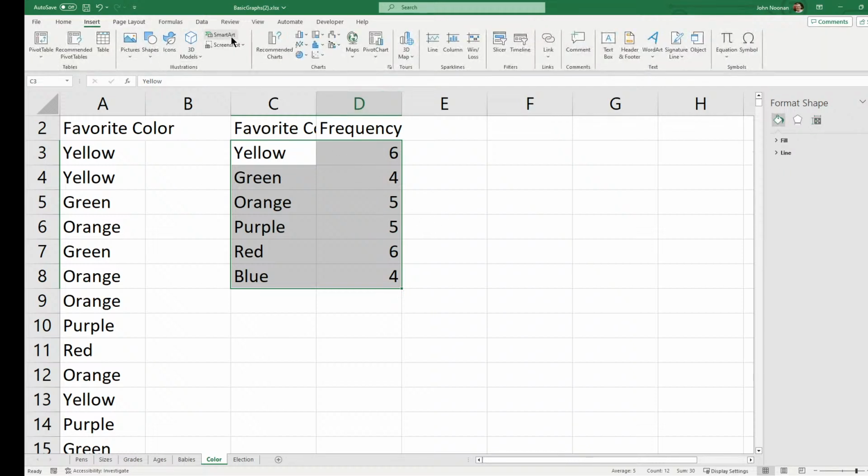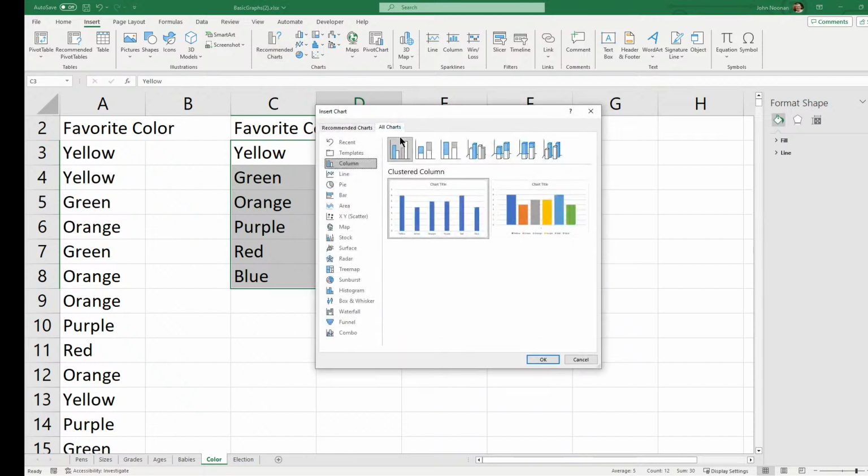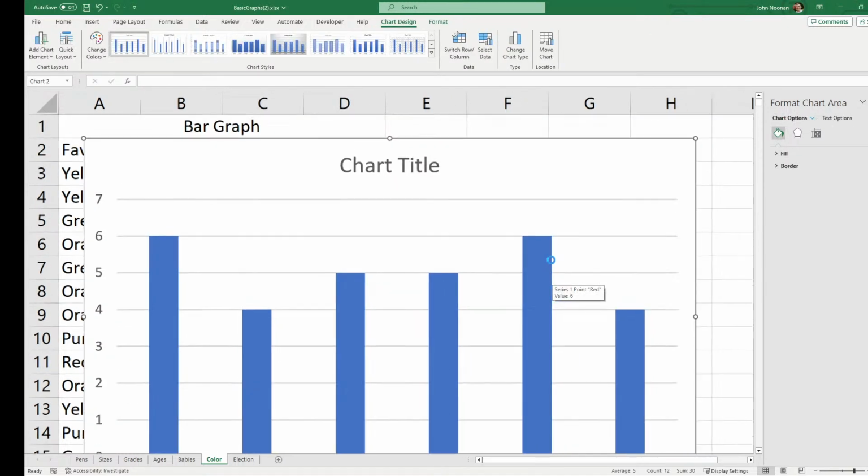Insert, chart, and I'm going to go with this one. So if you were all charts, I would go with this one. That one's better. We can still doctor this up. Now, this bar chart,